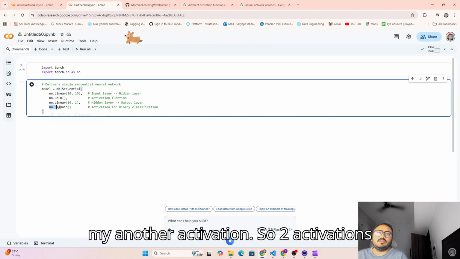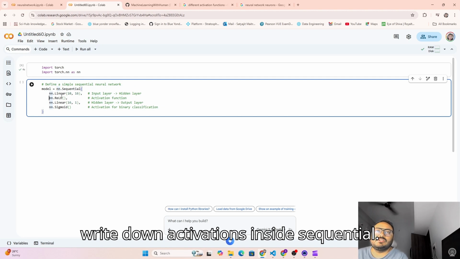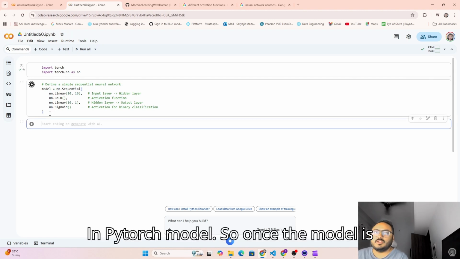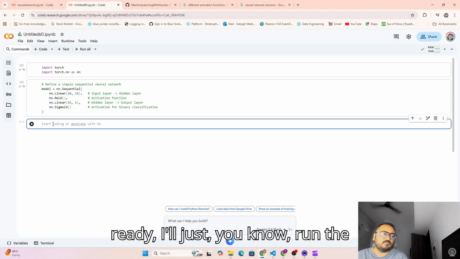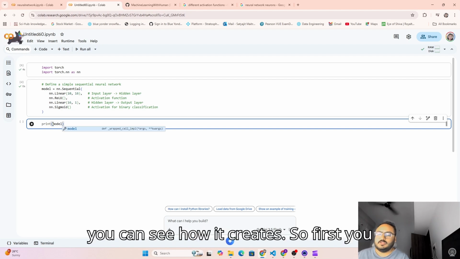Okay, and this is my another activation. So two activations we have used, and you have seen how to write down activations inside sequential in PyTorch model. So once the model is ready, I'll just run the model, then just print the model